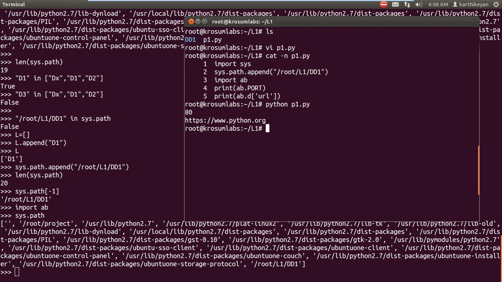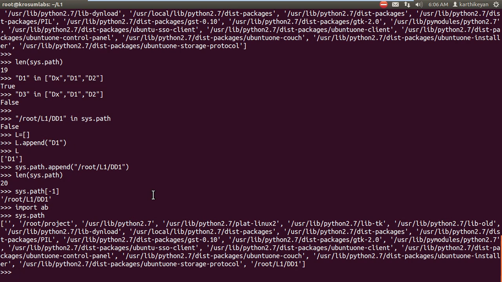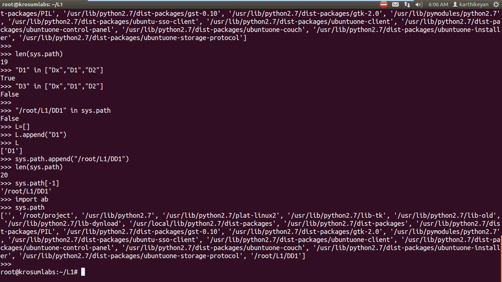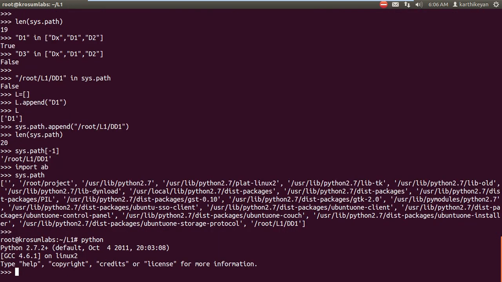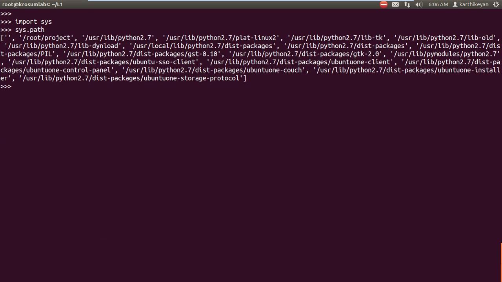So all this append operation, whatever I did, applies only to the current process. If I close this and open Python again, and check import sys and sys.path, see that result, the last element is not there. If I write import AB, it will throw an error message.